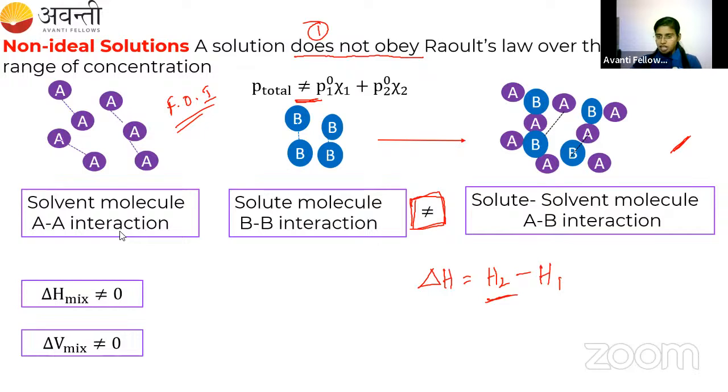Yes, we will come to that. We do have some examples for non-ideal solutions also. Before giving the example, this non-ideal solution will again get classified into two. We have different types of non-ideal solutions, and under each type I will give you the examples. You're so enthusiastic, I know you're curious about the examples. I will give you, don't worry. Harish, has your doubt got cleared? Have you understood the non-ideal solution? Shall I move on to the next slide?